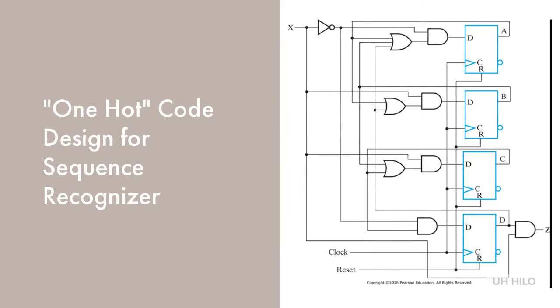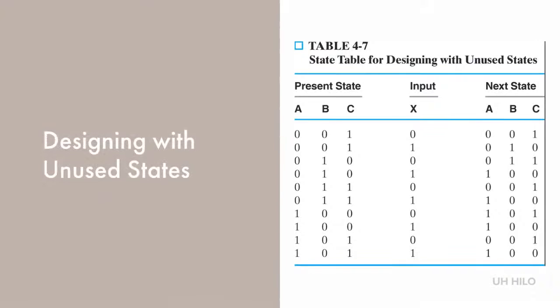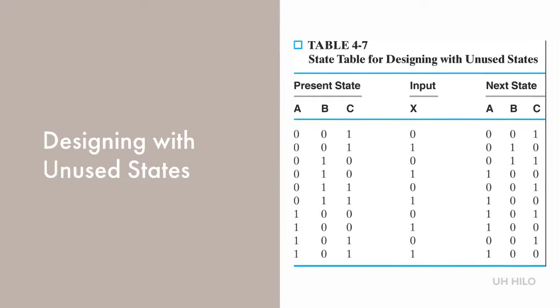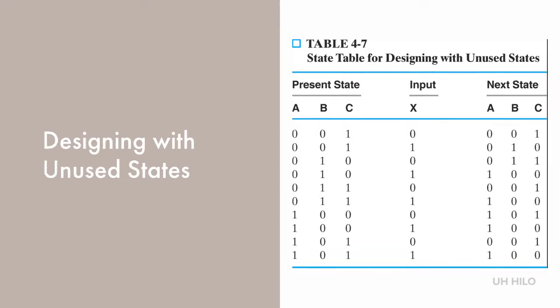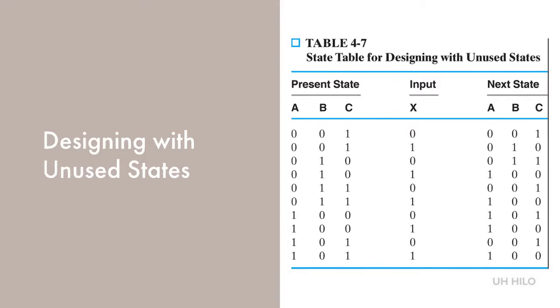of design and verification. States that are not used in specifying the sequential circuit are not listed in the state table. In simplifying the input equations, we can treat the unused states as don't care conditions. The state table here defines 3 flip-flops A, B, C, and 1 input X. There is no output column, which means that the flip-flops serve as outputs of the circuit. With 3 flip-flops, it's possible to specify 8 states, but the state table only lists 5, so there are 3 unused states. When an input of 0 or 1 is included with the unused present state values, 6 unused state